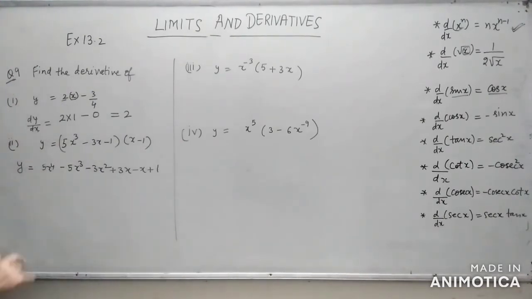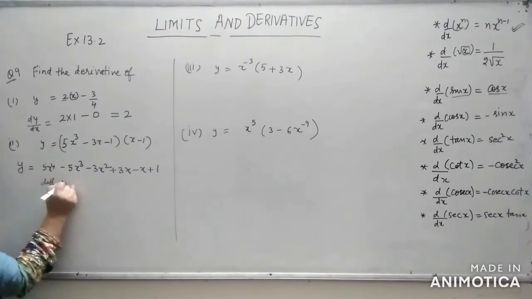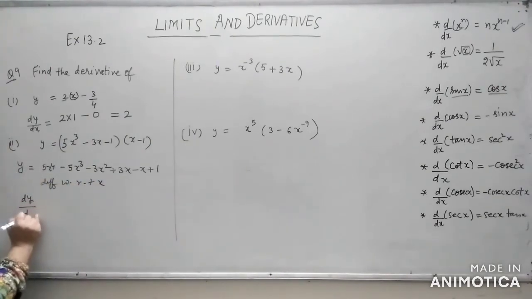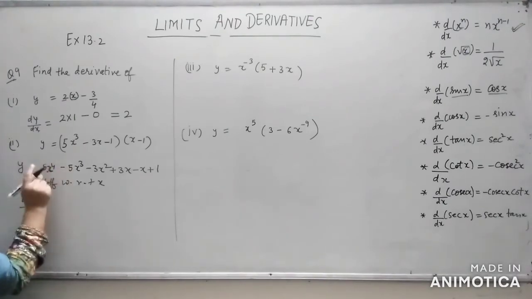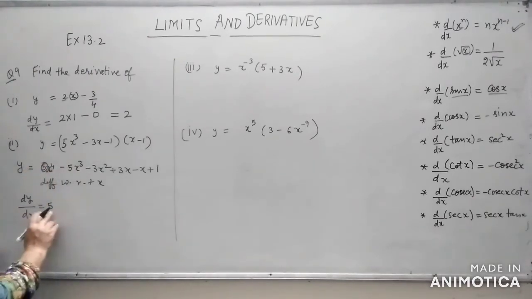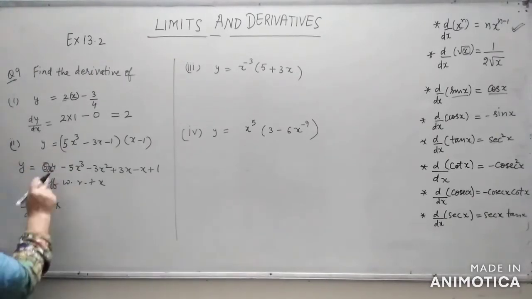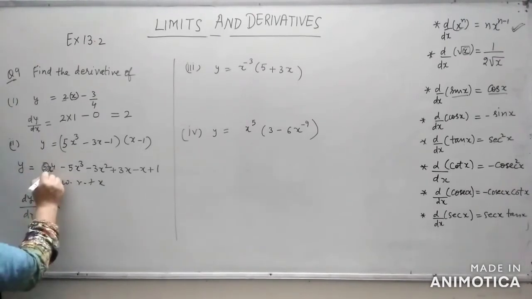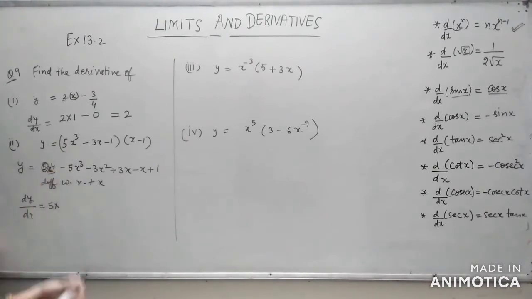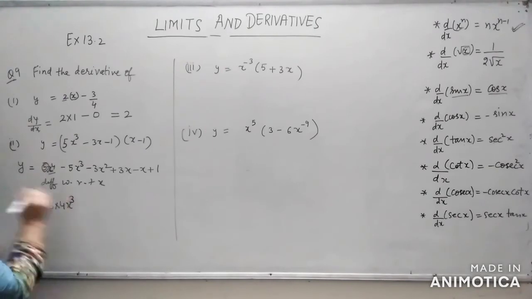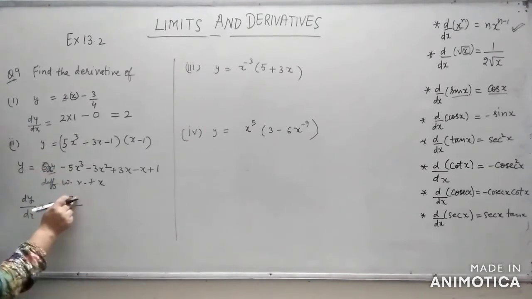Now I will differentiate it with respect to x. Differentiating with respect to x, I get, now write it dy by dx. This is dy by dx. What is the derivative of 5x raised to power 4? Because 5 is the constant, write it down as it is. It is multiplied with x4. So I have written 5 as it is, and I multiply it with the derivative of x raised to power 4. So what is the derivative of this? 4 will come outside and the power of x will be reduced by 1. 4 reduced by one becomes 3.